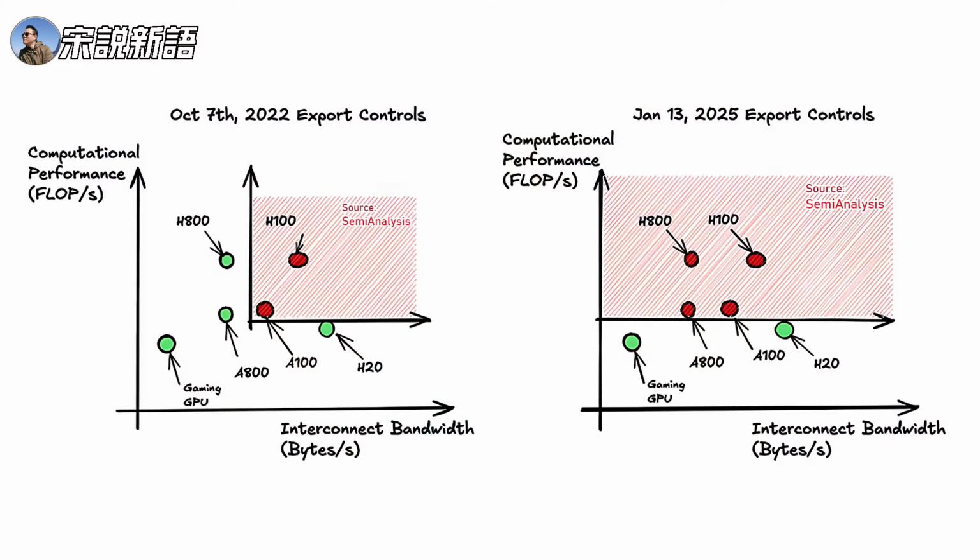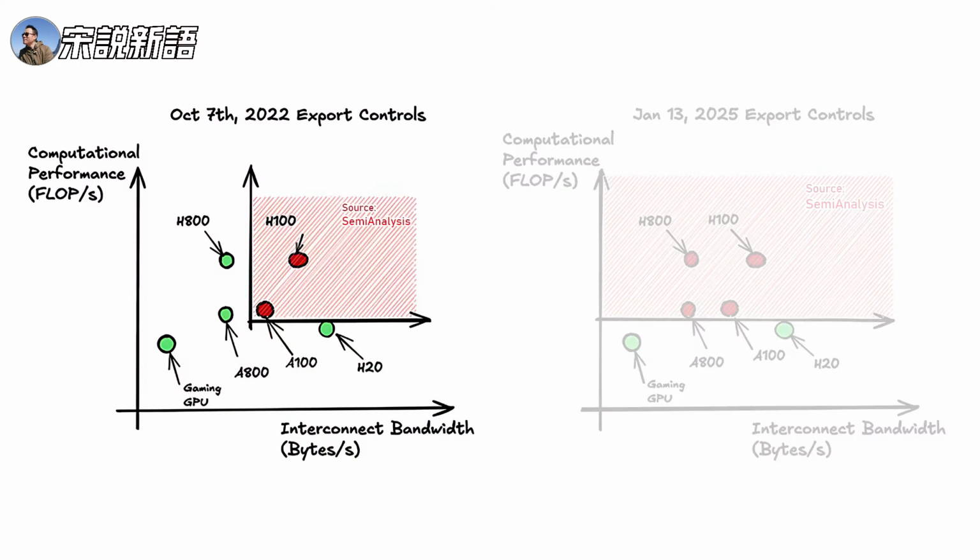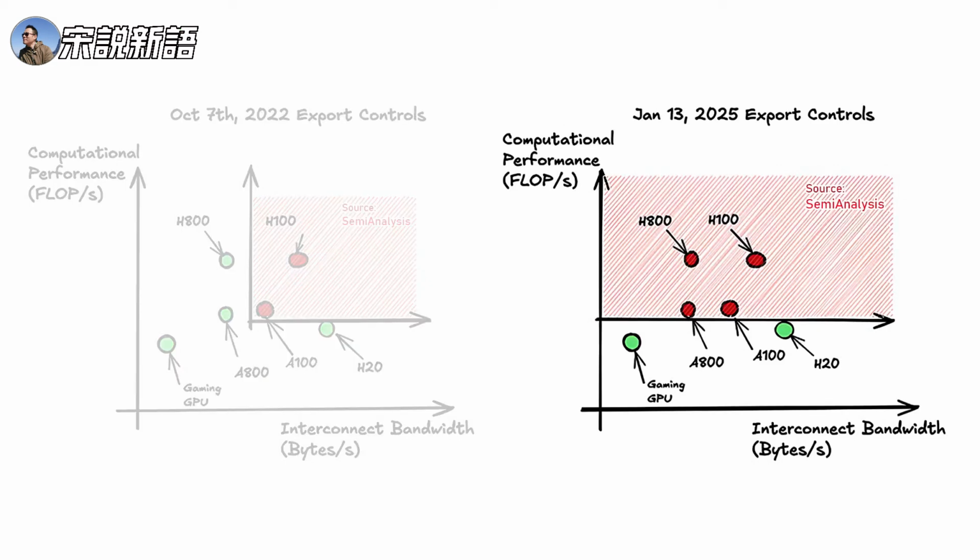So initially, the U.S. government limited on a two-factor scale, right, which is chip interconnect versus flops. So any chip that had interconnects above a certain level and floating point operations above a certain level was restricted. Later, the government realized that this was a flaw in the restriction, and they cut it down to just floating point operations. And so H800 had high flops, low communication. Exactly. So the H800 was the same performance as H100 on flops, but it just had the interconnect bandwidth cut.